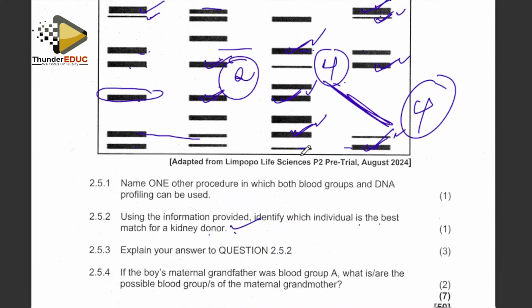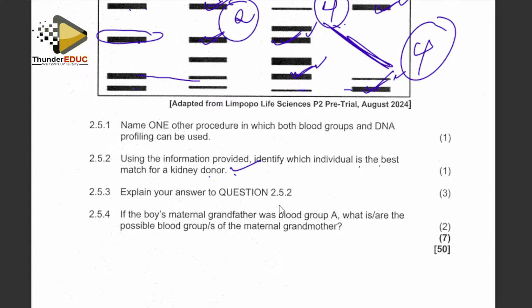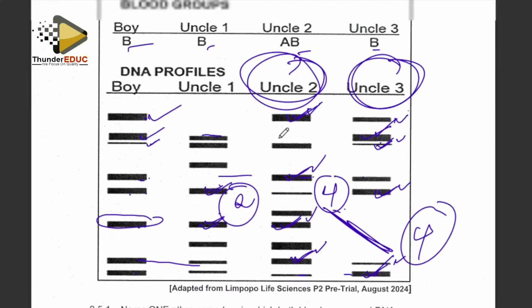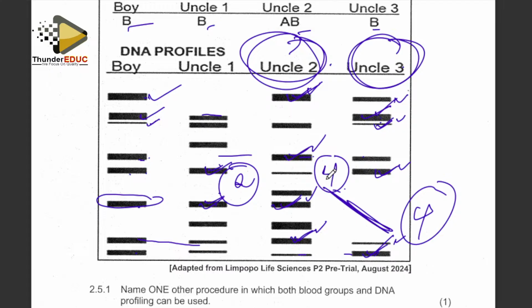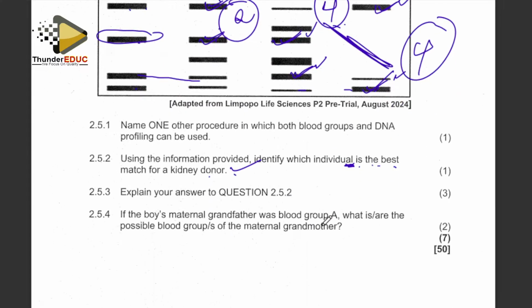If they wanted both, use the information to identify which individual is best, because they're saying individual match, but here we see it is 2 and 3. So on your paper, you're supposed to use a ruler and identify it perfectly. I'm not going to discuss that too much, but that's how you're supposed to do it. All right, we continue.